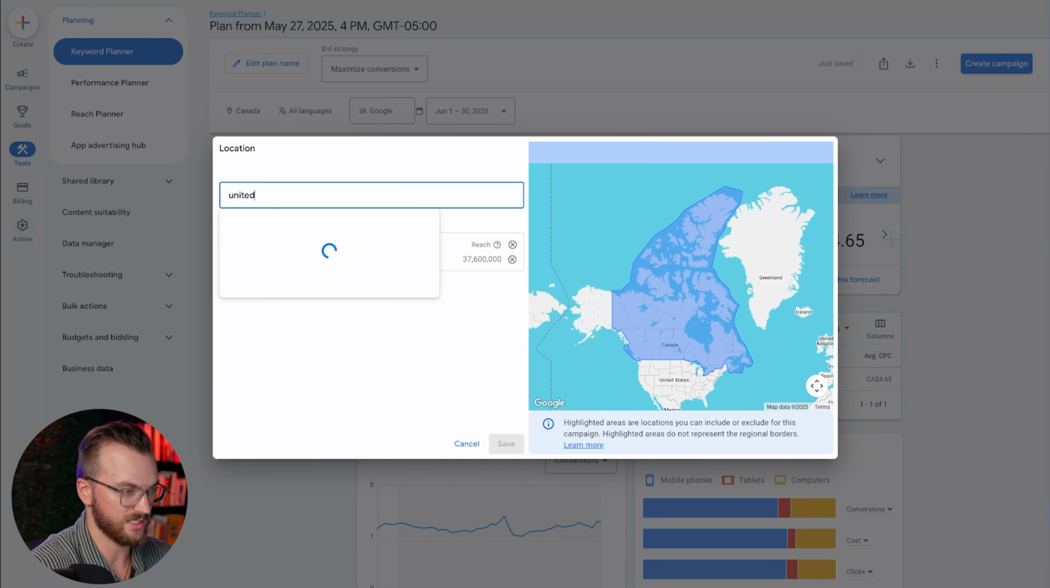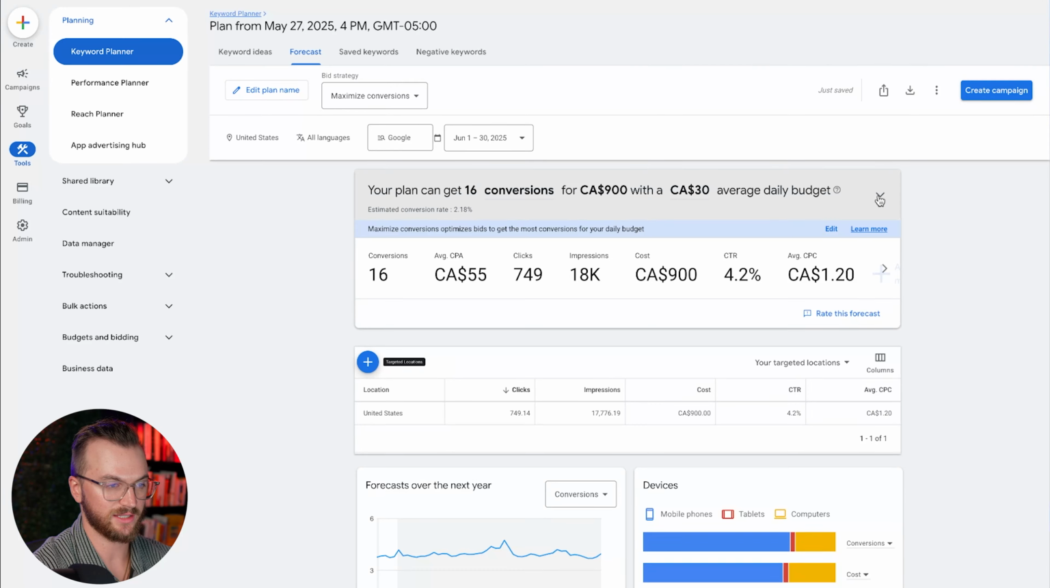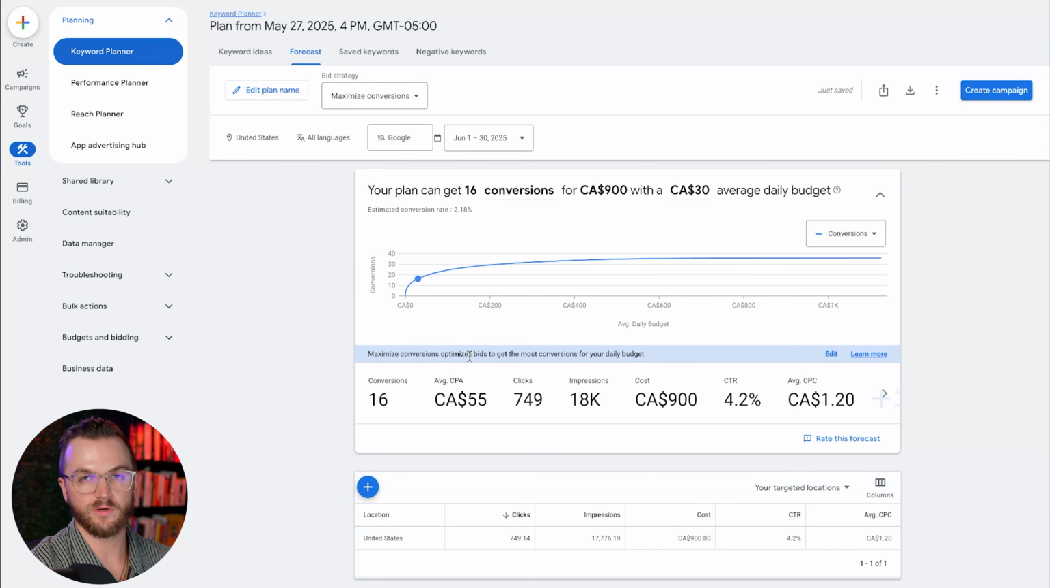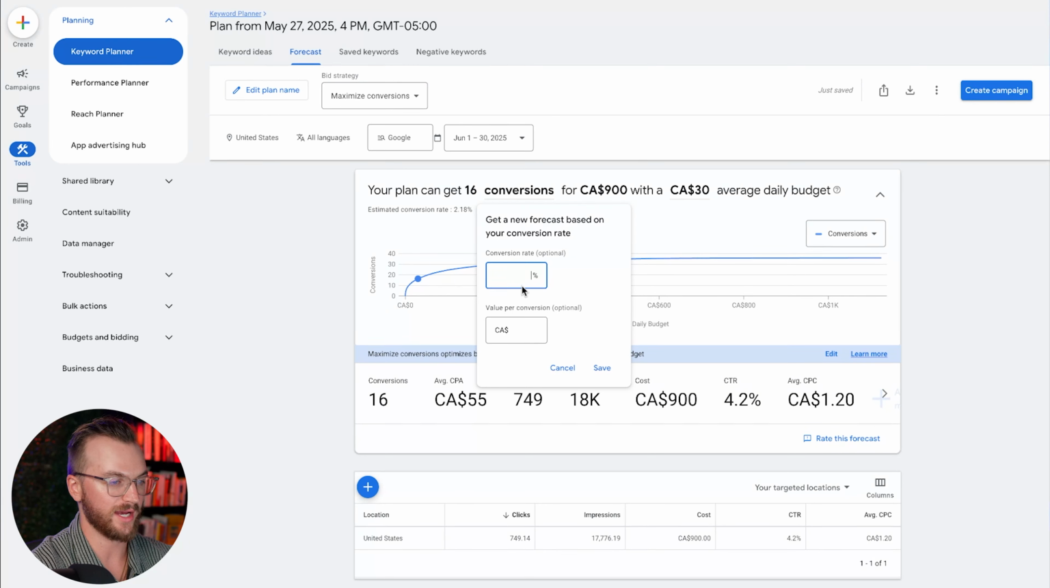I'm going to add in the United States again. And what I'm going to do is I'm going to select this drop down right here. And what it's doing right here is it's giving us a good idea of the keywords that we've selected, what we can expect as far as conversion rate and revenue goes, given our business's economics. So you can change these numbers around right here. So right now it has 2.18%. So if that is your website conversion rate, you can go ahead and add that in, or you can just forecast this. So if you expect your conversion rate to be maybe 1.5, on the more conservative end,